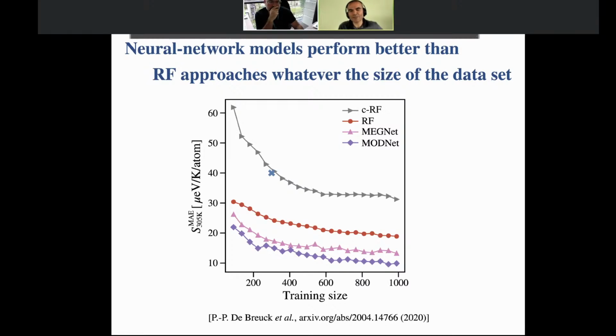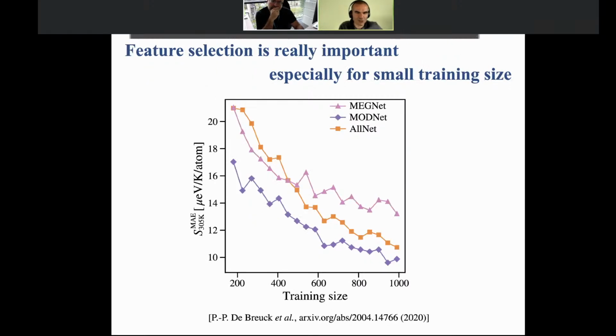But we have come with this idea, and we have further improved compared to what was existing. So here you may say that it's a small effect. It's not very big indeed, but still, if you look at a zoom of these data, you can see that the improvement is noticeable. And compared to a neural network in which there would not have been any feature selection, so that's the orange curve that you have here, you see that when there is no feature selection, especially when you have a small training set size, the difference is noticeable.